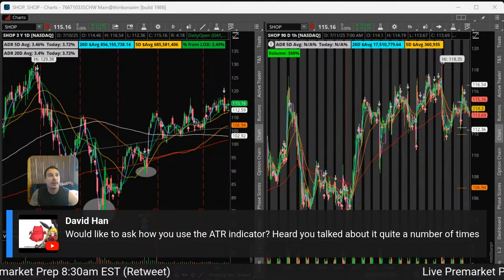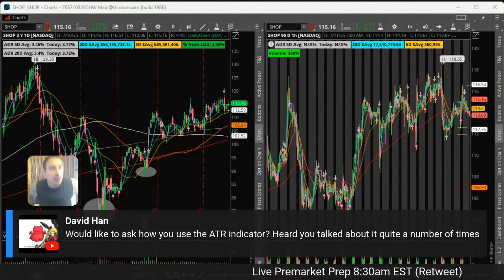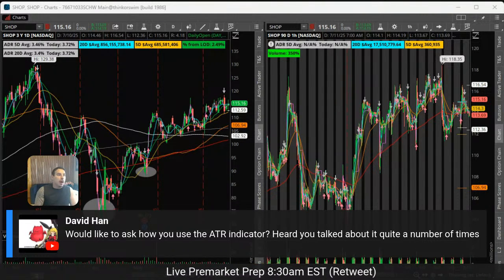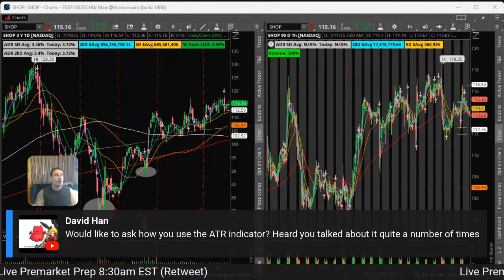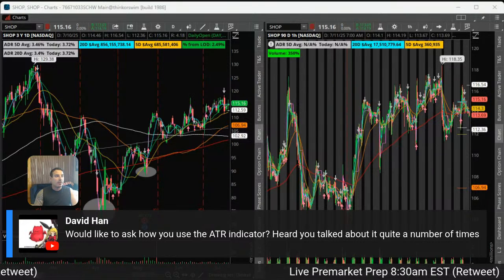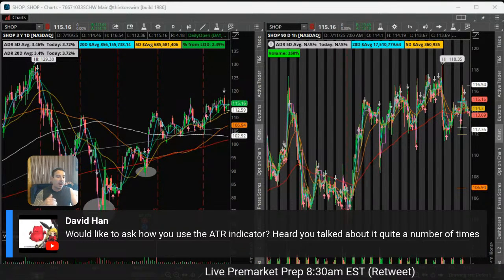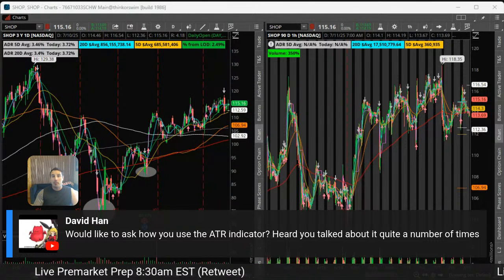How to use the ATR indicator? So basically, I use it for measurements. I want to know, one, how quickly a stock moves. That's the first thing I want to know. At a quick glance, it tells me how fast the stock moves roughly per day. And then from there,